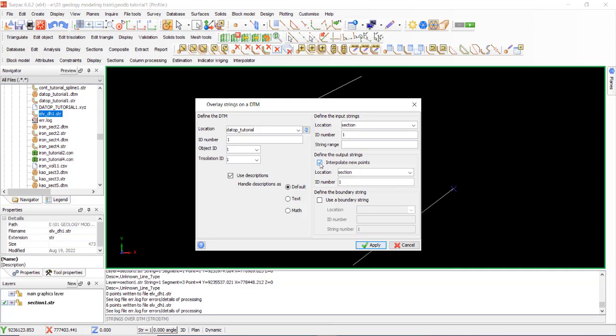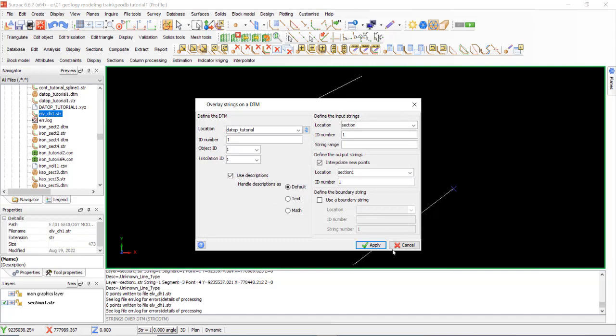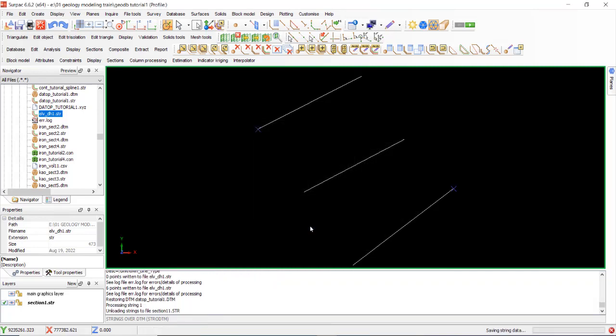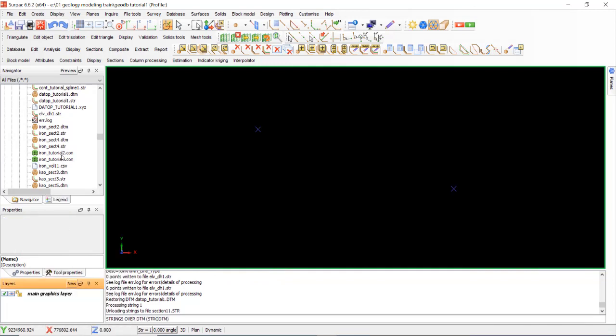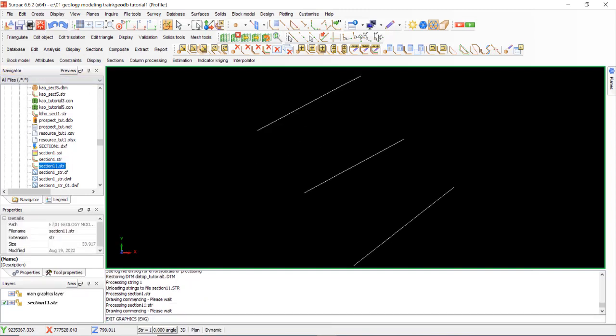This must be interpolated, new point must be checked, and then section 1. Okay, section 1, apply, and delete layer. We check the section drape. This okay.